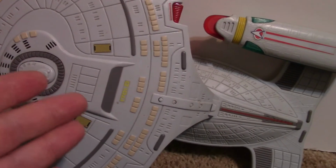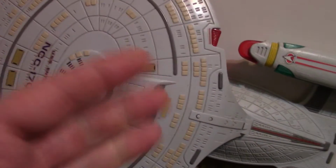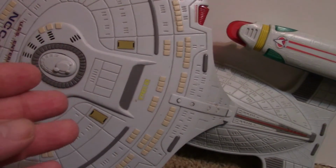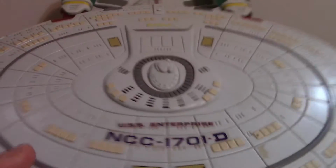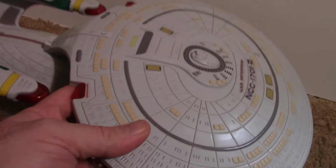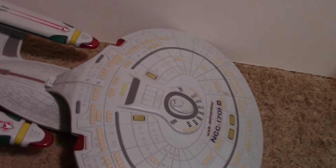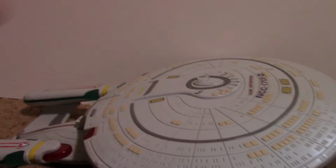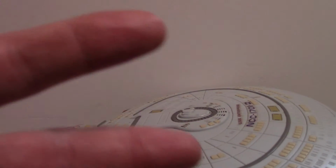On with the review. This is the U.S.S. Enterprise NCC 1701D, otherwise known as the U.S.S. Enterprise D. And as you can see, it is quite the remarkable ship. I do not have a stand for this one, although sometimes I do set it up on objects, like maybe this. Now for the big review, you people are probably asking me, why didn't I choose to review the bridge